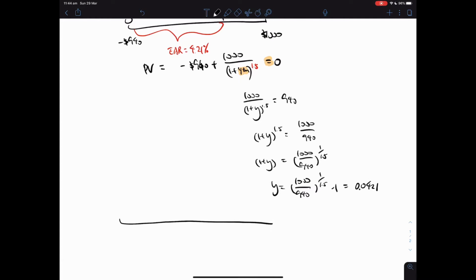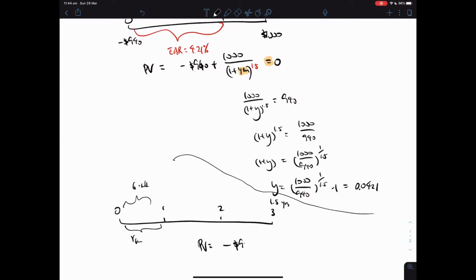So if it's 6 months, 1 and 2 and 3, and each one of them is 6 months. Because here we're looking at 1.5 years, that means this is 3 of 6 months. 3 of 6 months becomes 1.5 years, such that each interest rate would be a 6 months interest rate. So doing the same equation again, present value equals minus 940 plus 1,000 divided by 1